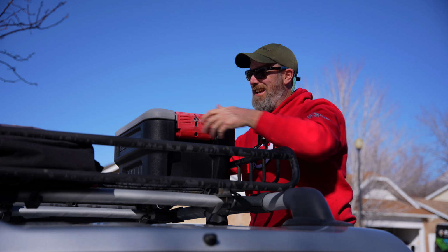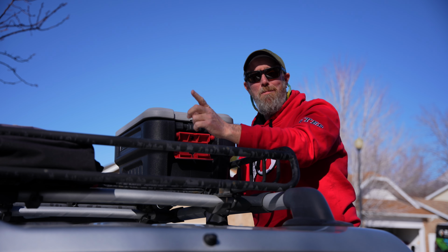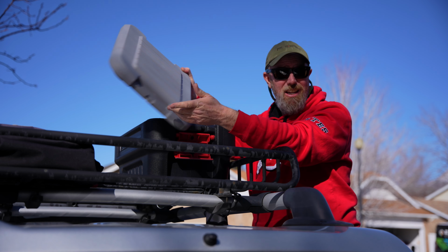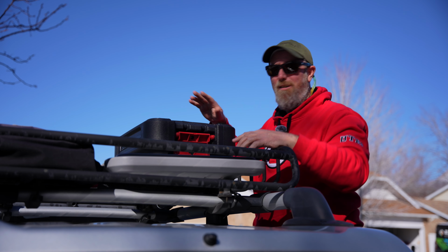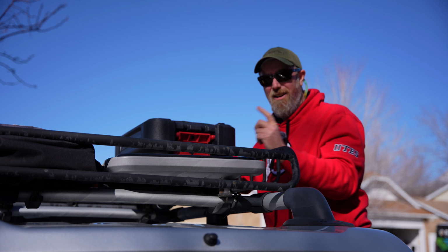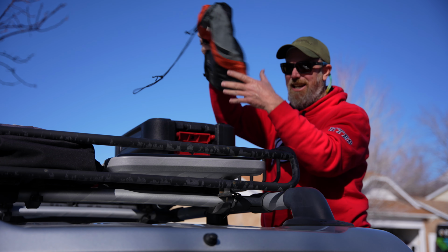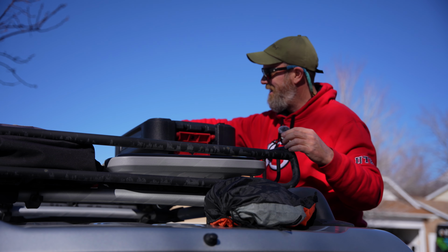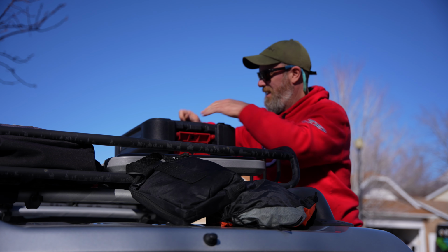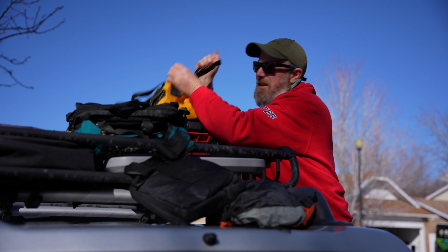And as I said, I figured since they don't have this gear, it gives me the perfect opportunity to show you guys exactly what I have in my box. So I keep my recovery gear right up here on my rooftop box. This is an 8-gallon action packer. I know people are gonna ask. And inside of here, I keep all of my basics, and we'll go through what all of this stuff is